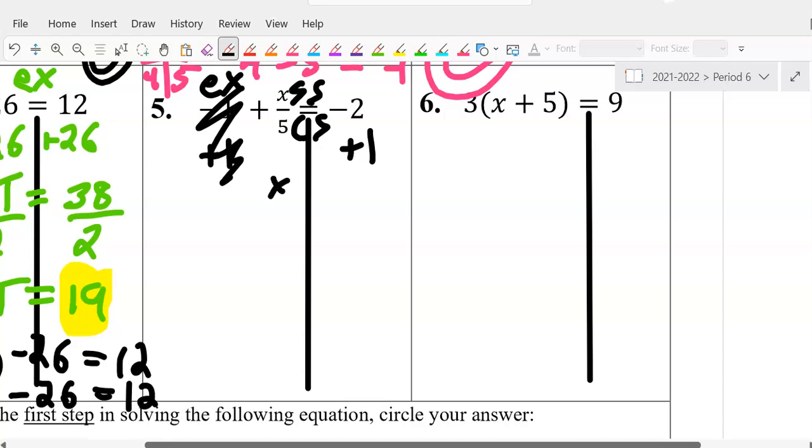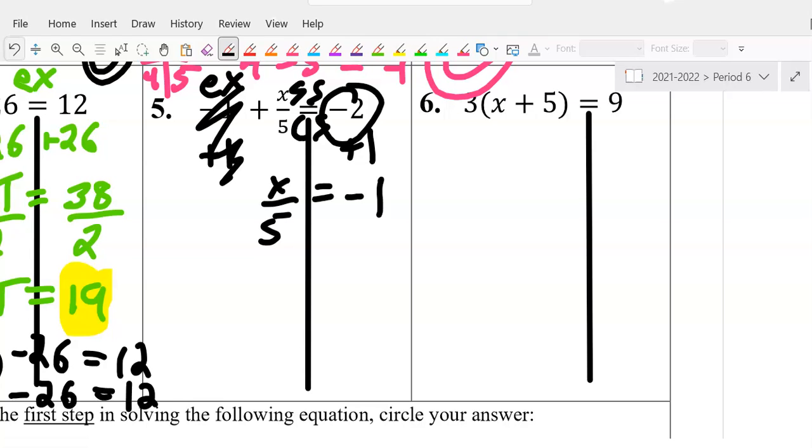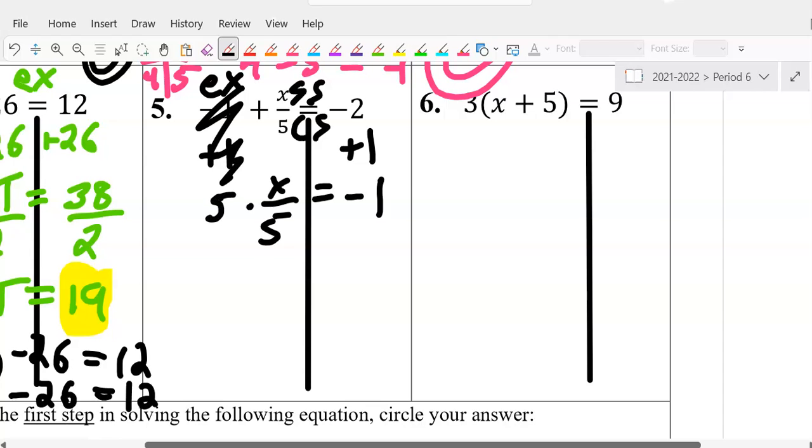Okay, we still have an x over 5 here, right? Okay, and then 2 bad guys and 1 good guy makes 1 bad guy. Careful, remember, because bad guys win. Then you want to multiply 5 on both sides, right? Please make sure you show it on both sides. Okay, x equals